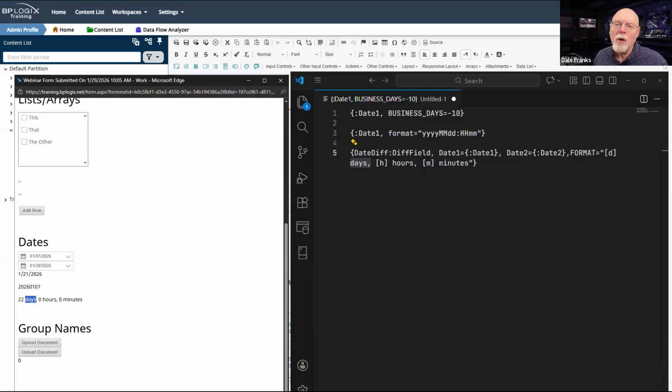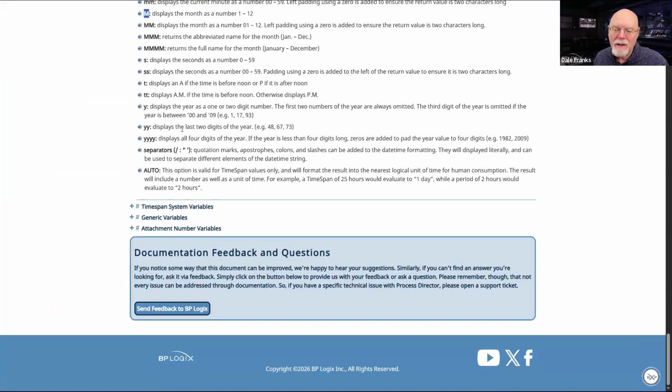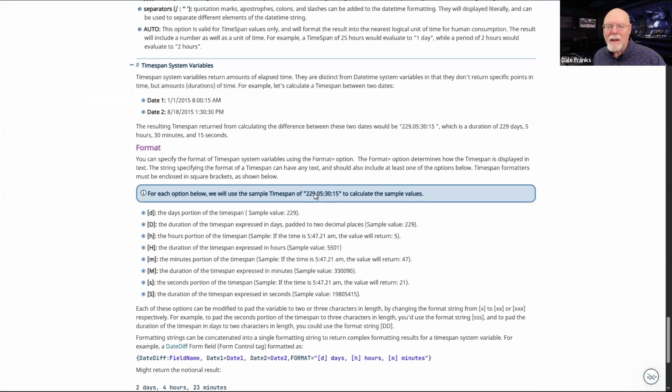So whenever you're doing these time span system variables, it's important to remember, time spans and date times are two different things, and they're two different data types.